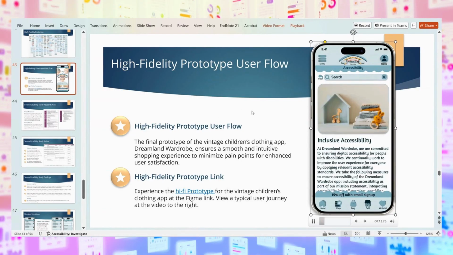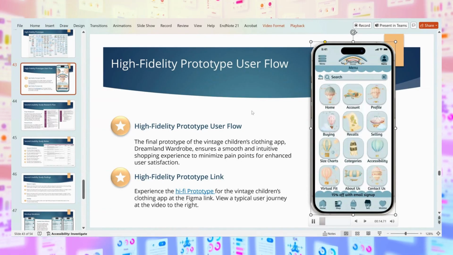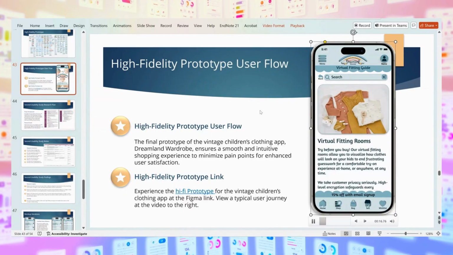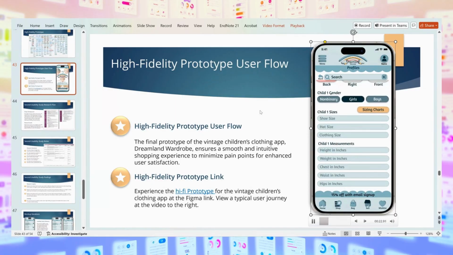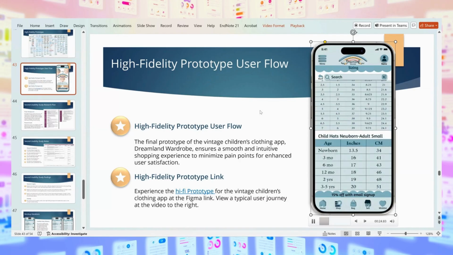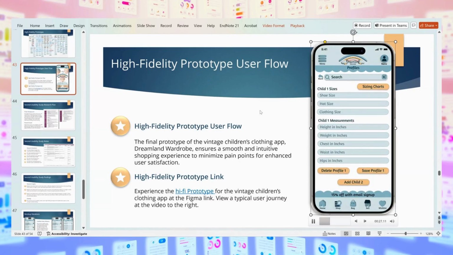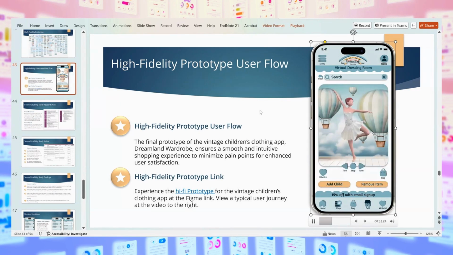It's getting there. And this is what somebody can actually go through with a touch screen or their mouse and really interact with it and click buttons. And it's usable exactly like an app. And it'll even pull up in a phone on the Figma app. And it looks exactly like it's a real app, like you're ordering. So you can really see if there's any flaws or anything that needs to be changed.